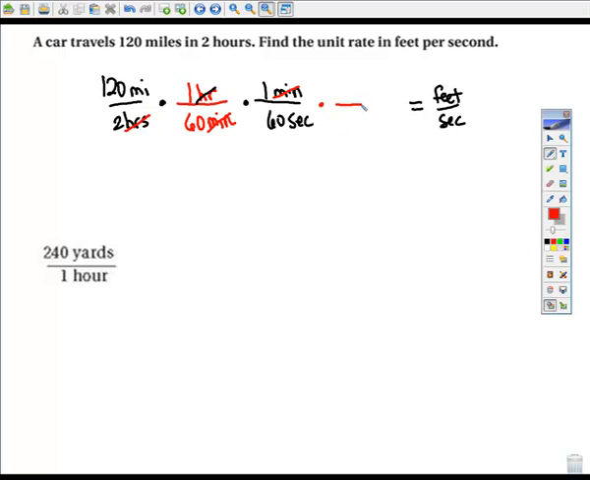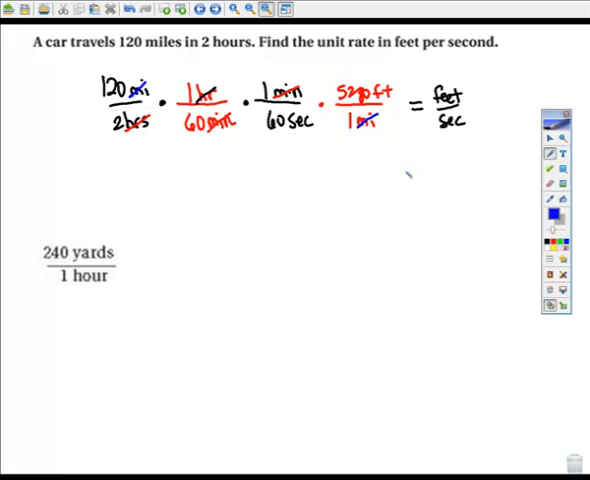So I'm almost there. I have it in seconds, but I need to get it in feet per second. So I have to keep going. I know that in a mile, there's 5,280 feet. So 5,280 feet are in 1 mile. So now look what I can do. It's clear across the board, but I can still cross off miles with miles. Now my units in the numerator are feet, in the denominator they're seconds, and I simply have to do the arithmetic. So I have to take 120 times 5,280,